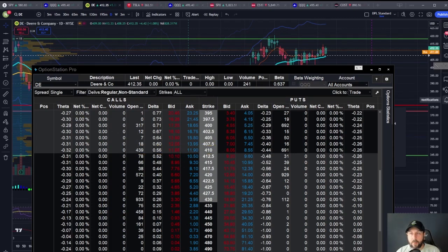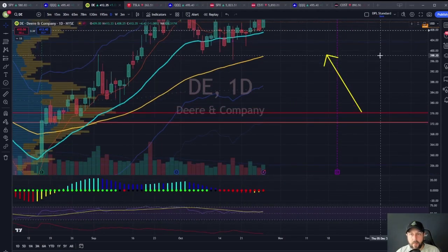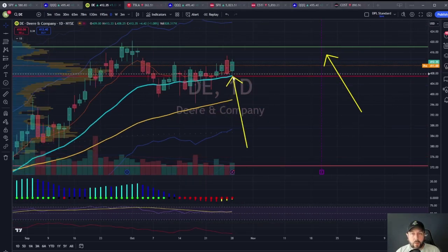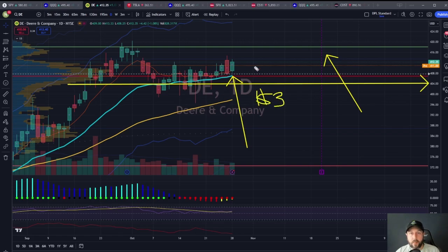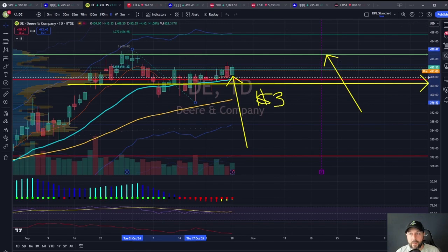So the trade plan for me would be to get into DE as close to this point of control that we can. Again, let me zoom in to the pattern we're playing and get these updated values. But trying to get in near this point of control, which is around 407, right? For me, I would probably stop out around 404, underneath the majority of this price action. So about a $3 risk. And then for a target, I would be looking at the 1.272 extension of this pattern, which puts us up into about 427. Okay. So entering around 407, stopping out 404, 403, give yourself $3 to $4 of wiggle room,